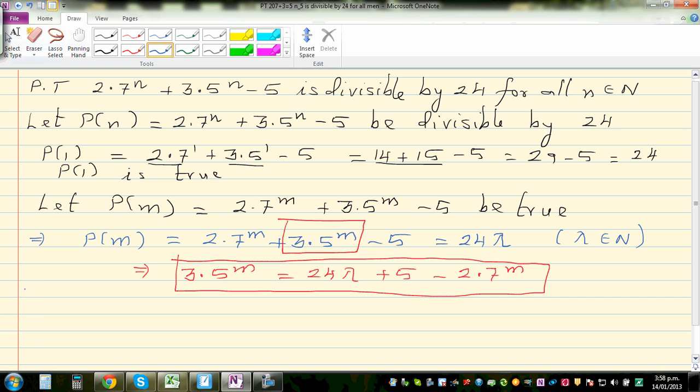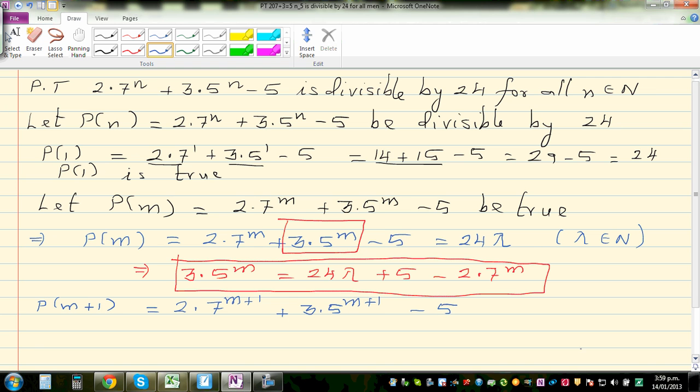Okay, so now what is P of m plus 1? This is the main proof. If this is P of m, 2 times 7 to the power m plus 3 times 5 to the power m minus 5, then P of m plus 1 would be the same thing, but in place of m, you replace it by m plus 1. So this is 2 times 7 to the power m plus 1 plus 3 times 5 to the power m plus 1